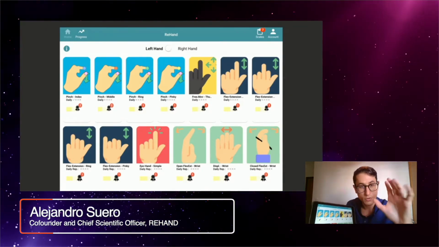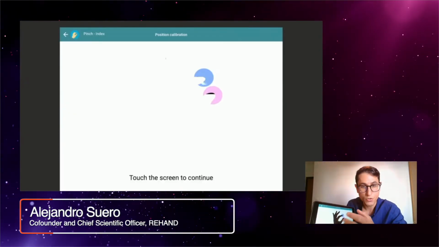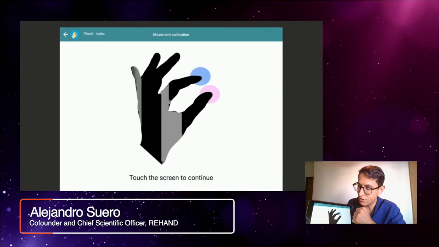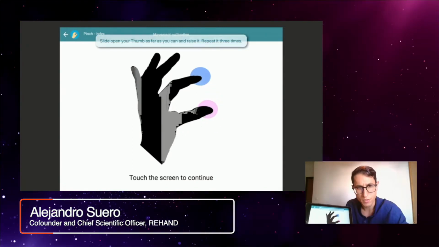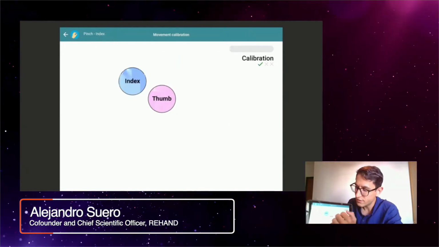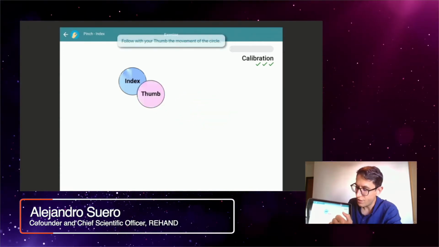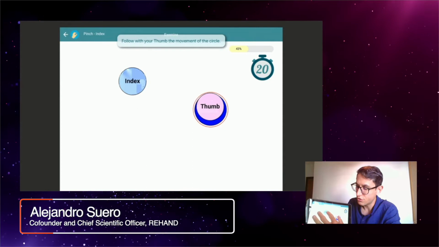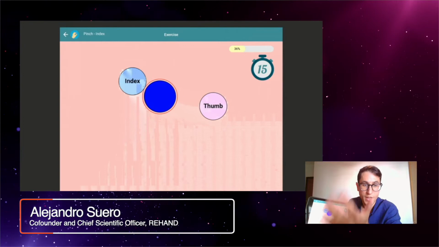So this is an example for the pinch exercise. So the first thing that the app asks you is to calibrate in order to know your status today. So here we put the initial position and the size of my hand, and then the app asks me to please tell me the range of motion without pain. So open the pinch as far as you can without pain. So with this, we take the range of motion without pain of the patient. So the app adapts to the status of the patient, and then the patient can follow the exercise. So of course, if the patient does something wrong, the screen becomes red and the app guides the patient.